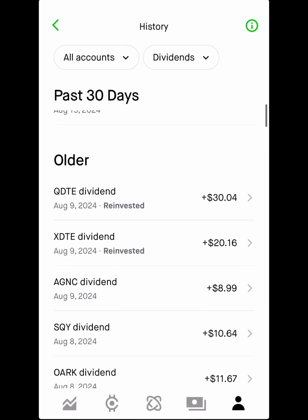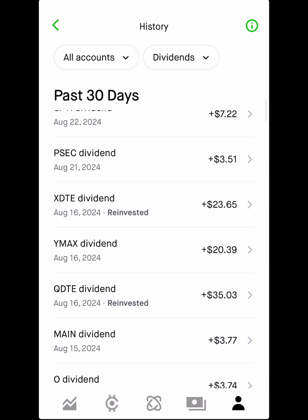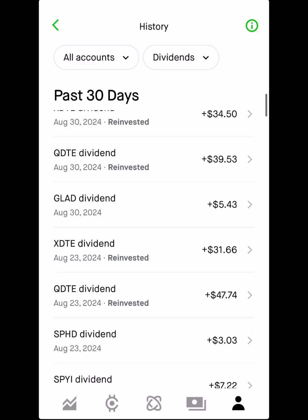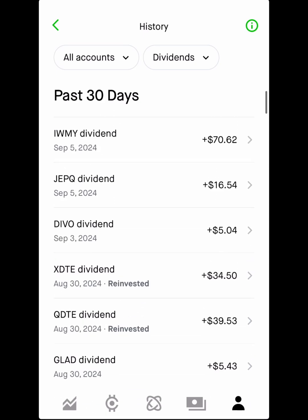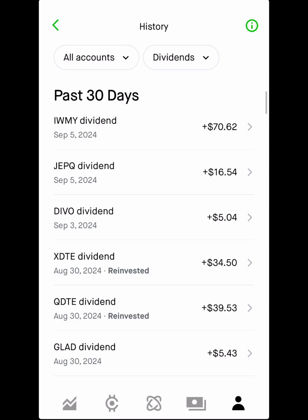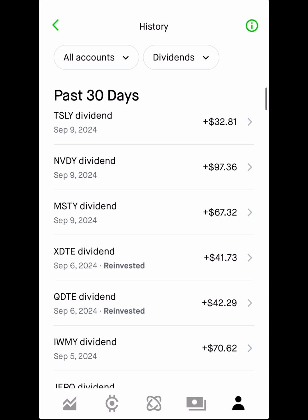$16.81. Then the following week, we started reinvesting on DRIP, $20, $30, that's combined to $50. The following week, $35 and $23.65. And then August 23rd, $47.74 on QDTE, XDTE, $31.66. The following week, so awesome to see these come in every week, $39, $34. And then this is the last week to round it off for that month's worth of interest. And that was $42.29 on QDTE, XDTE,